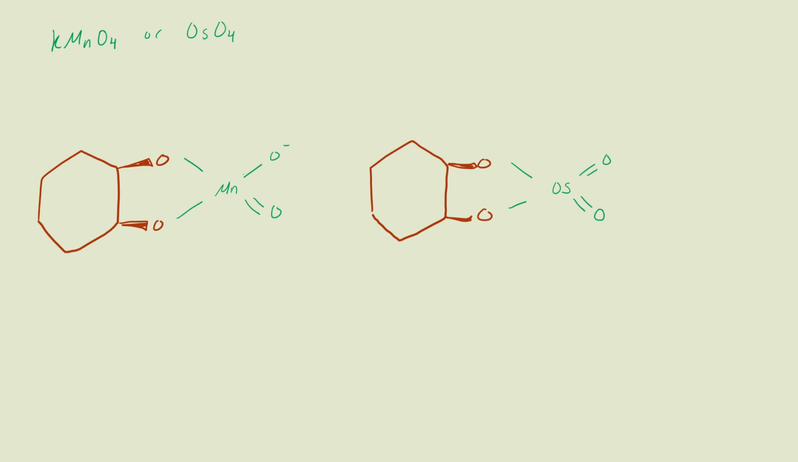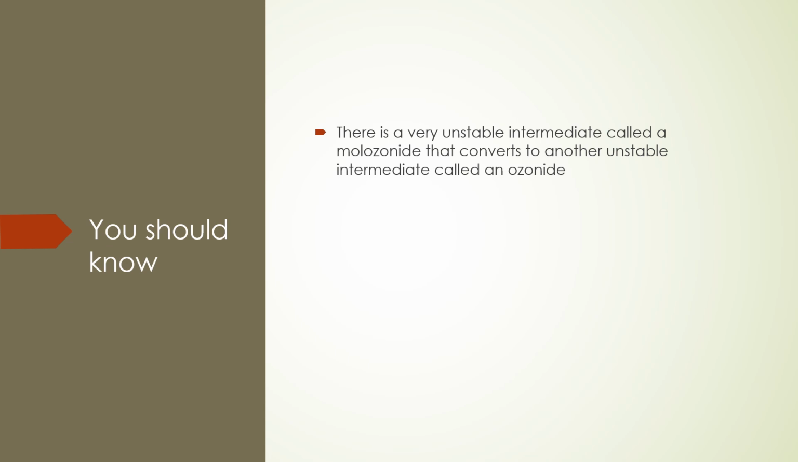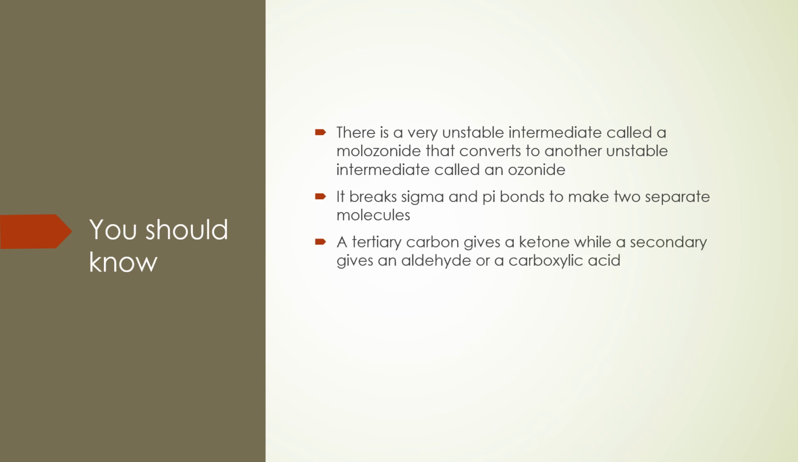They can't add on separate sides because the molecule can't contort in that way. Before we get into ozonolysis, you should know that it has a very unstable intermediate called a molozonide that converts to another unstable intermediate called an ozonide. We're going to be breaking both the sigma and pi bonds to make two separate molecules from one single one. A tertiary carbon is going to give you a ketone, while a secondary one is going to give an aldehyde